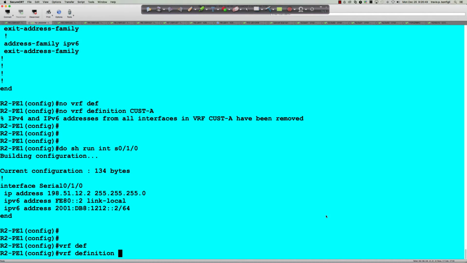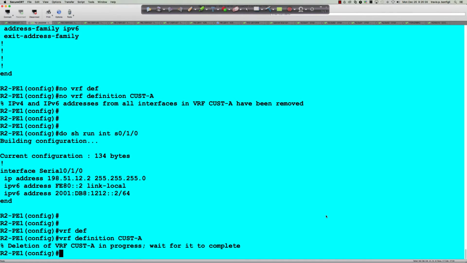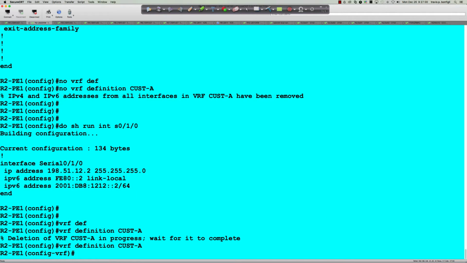So VRF definition, and we'll just say it's going to be customer A. Now, we've got to wait for the deletion. Okay. So there we go. So we had to wait for it to clean things up. So now that everything is cleaned up, we're going to come in here. We're going to say route distinguisher. And for this customer, we'll just use